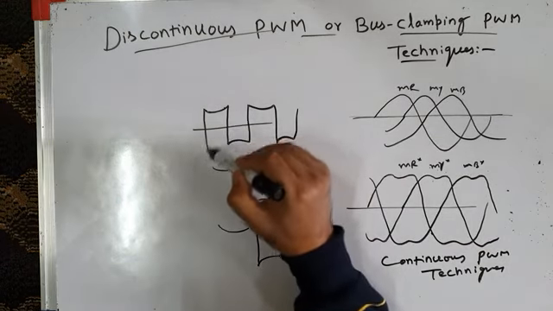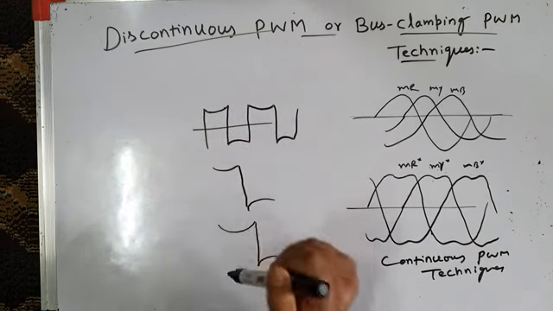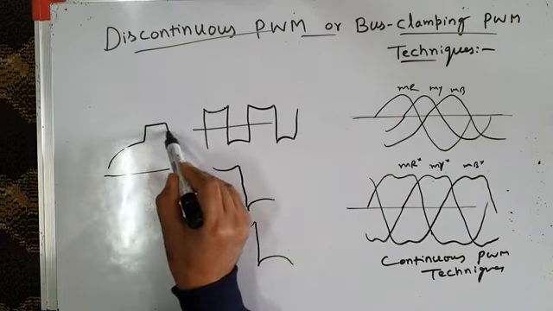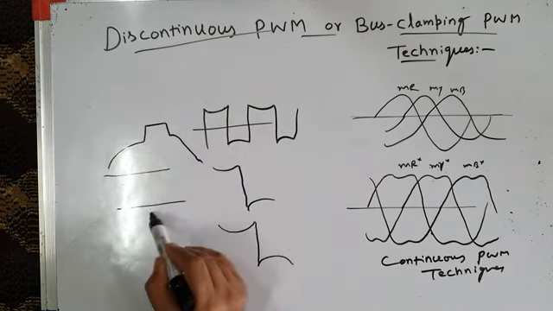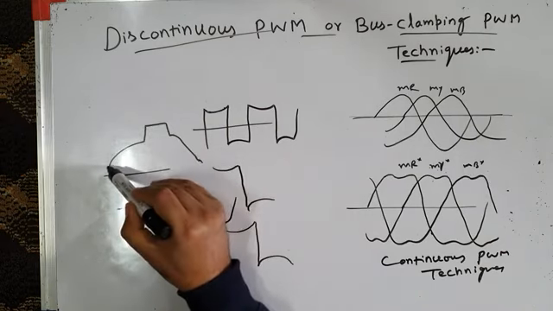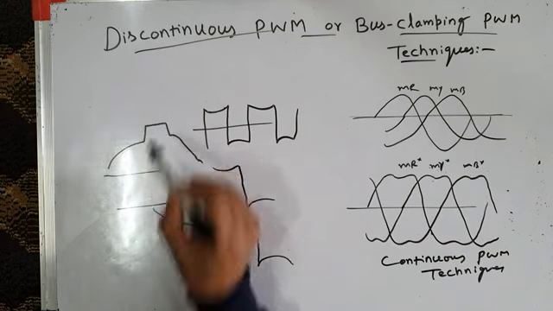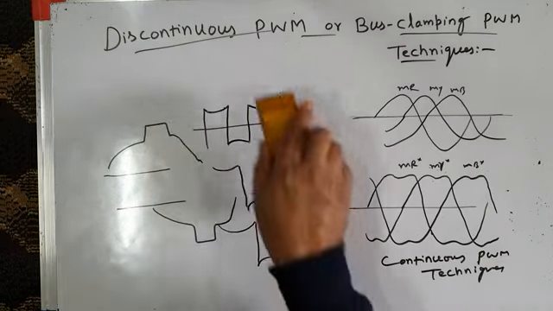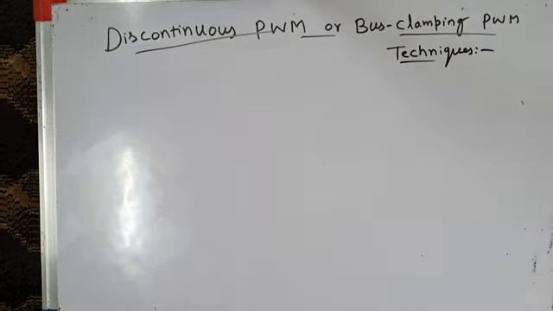Whenever there is a jump like this, from negative to positive or positive to negative, such a function is called a discontinuous function of time, and your inverter output voltage may also become something like this. It may get clamped to the positive DC bus, or clamped, for example, to the negative DC bus like this. So the inverter output voltage is also a discontinuous function of time. From here to here the function is continuous, then there is a jump, and that makes it a discontinuous function. Therefore, bus clamping techniques are all discontinuous PWM techniques.